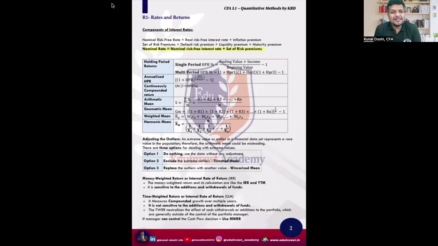Okay, so everyone ready to start? Let's start with QM. The first topic, rates and returns. Now see, the first topic, rates and returns, and the second topic, time value of money, both of these were actually one topic only. Now they separated that. Wherever there is calculation with regards to time value, all the calculations, they've jumbled up and put across in these two topics. So you might see some equity questions also, some fixed income questions also.